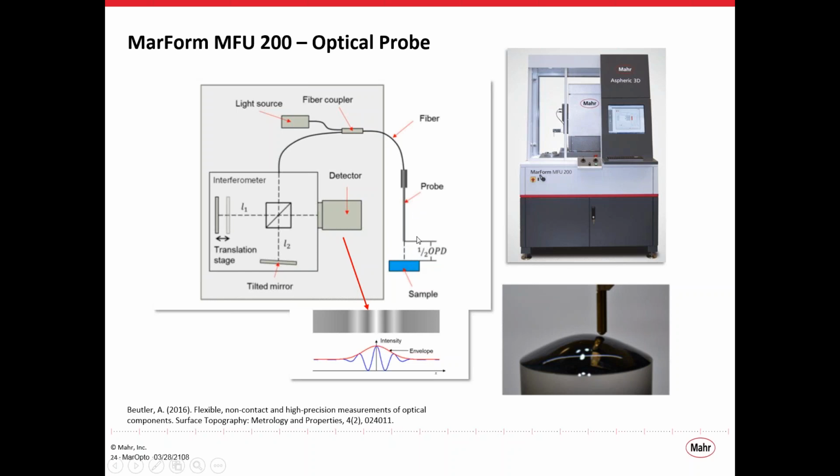And then we measure the adjustment of that probe as we scan it across the surface to get the surface data. In another mode, we look at how the peak changes. We keep the probe distance constant, and we look at how the wavelength of the peak changes as we scan across the surface to get the surface data.